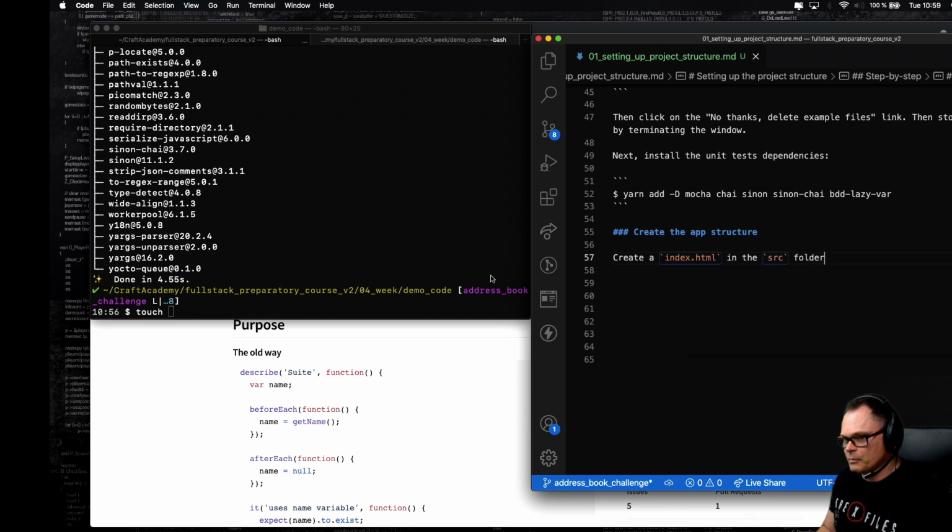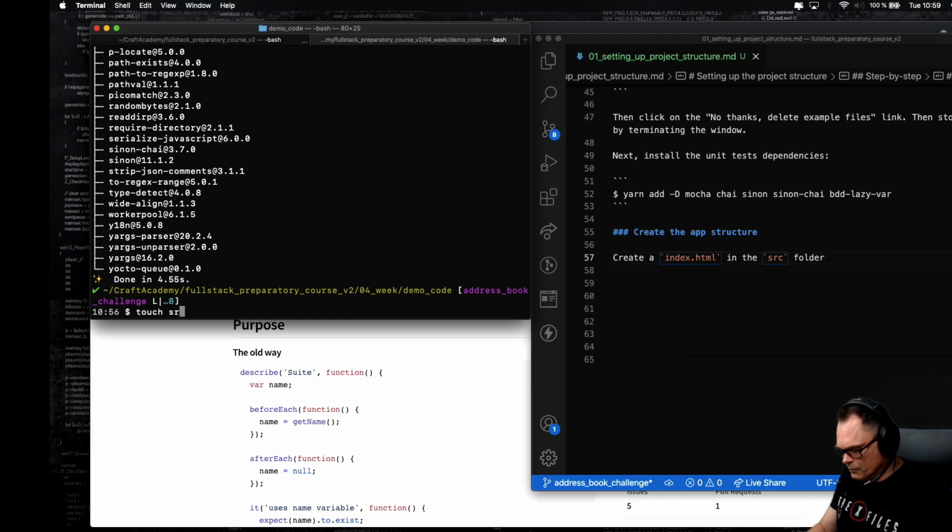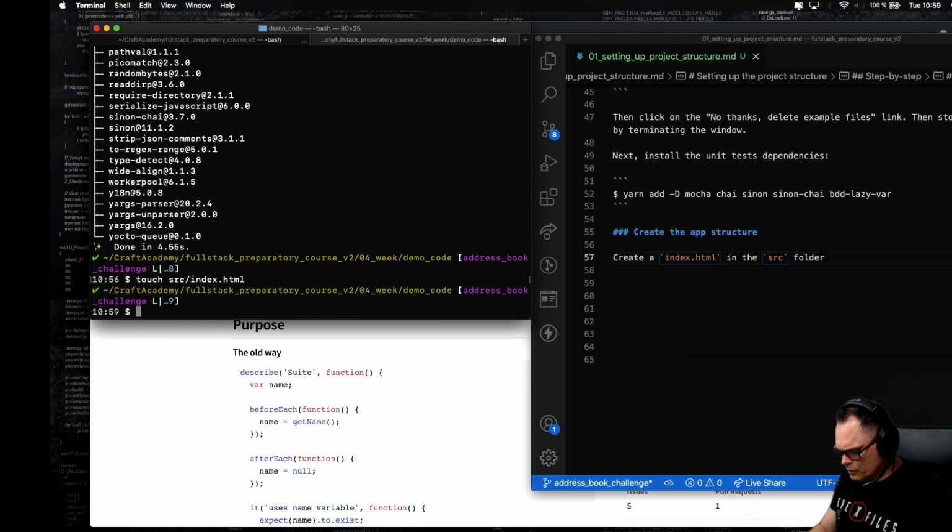We need an index.html, right? So we need to do source and then index.html. That kind of goes without saying, right? Yeah. Okay. And then we want to mkdir, and then we want to place our